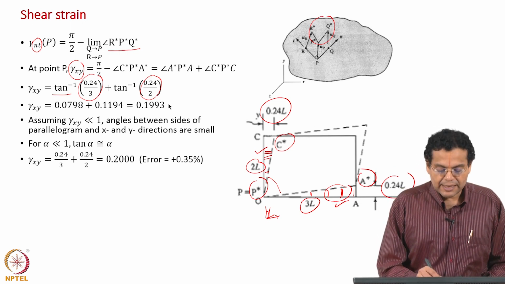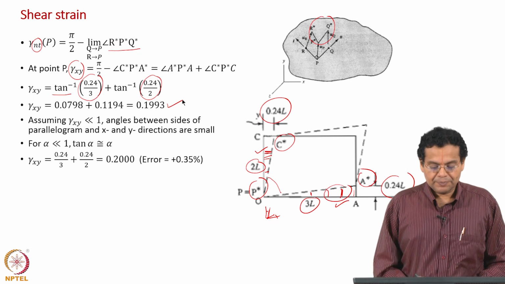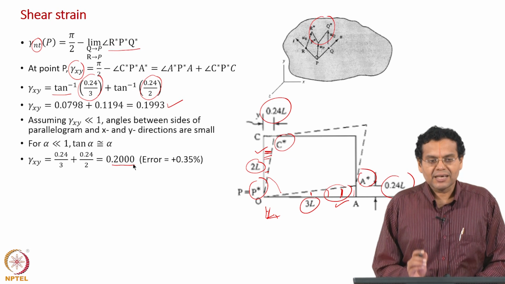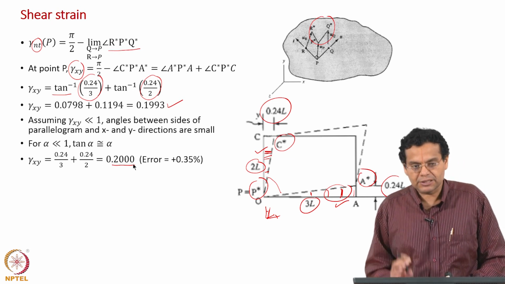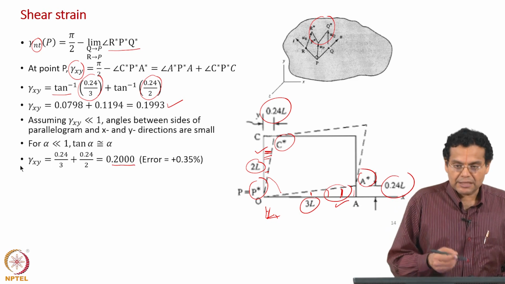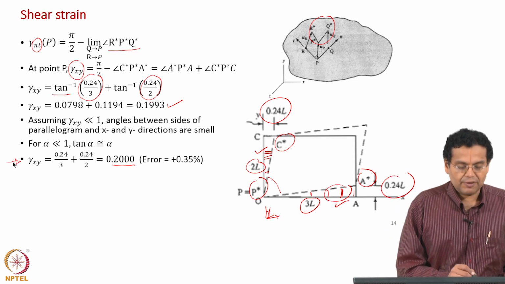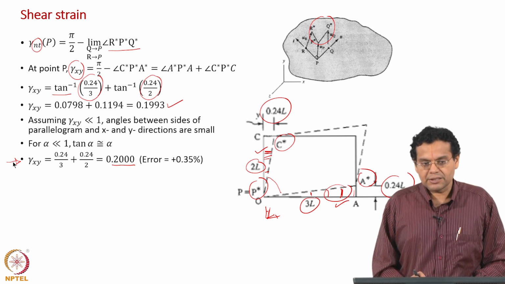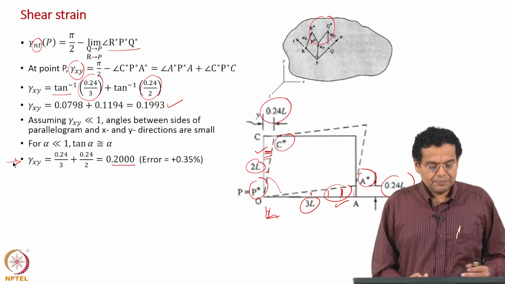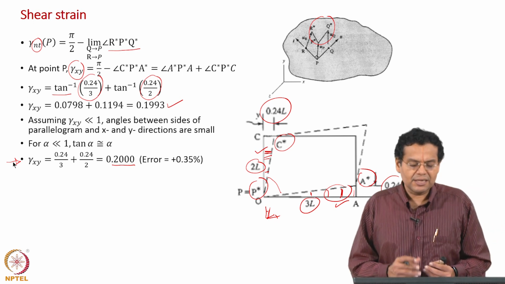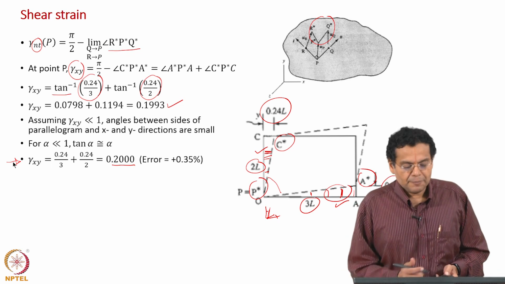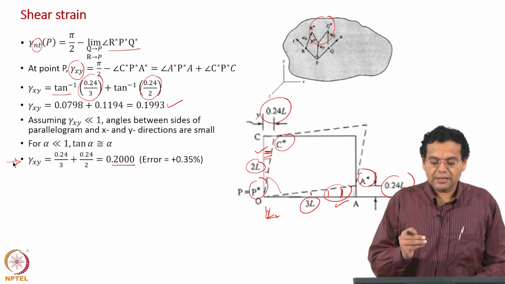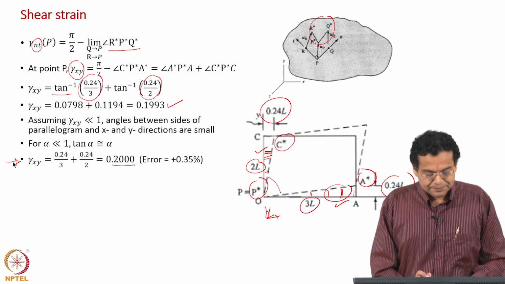Now, the earlier one is the exact value, because we have taken tan inverse. This is an approximate value, because we have not taken tan inverse, but look at the error, a very small error of 0.35% is introduced. We will be using only this value as we go along, it is almost accurate, only a small error is introduced, and we will be following this second approach as we go along. Just to illustrate numerically why we do that, you will understand later on. So, we have found the exact value of shear strain, and an approximate value, but that is a very good approximation for the exact value.